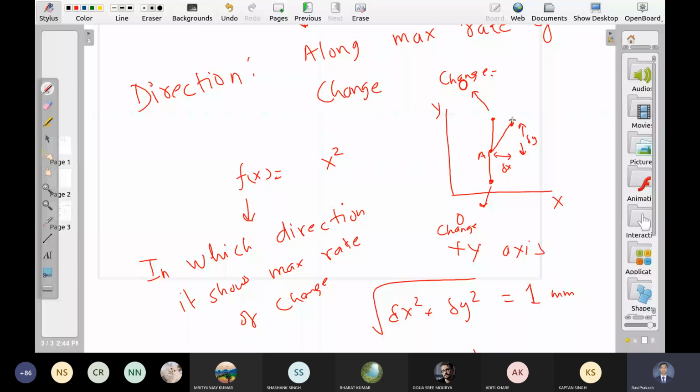Let us say this change is equal to, so quantity here is f1. यहाँ पे quantity जो f की है वो f1 है. यहाँ पे ये हो गया f2. So how much is the change? f2 minus f1. If I go along horizontal direction, I reach here. Let us say quantity here is f3. How much is the change? f3 minus f1. My simple question to you is, which one is bigger? f3 minus f1. Why?